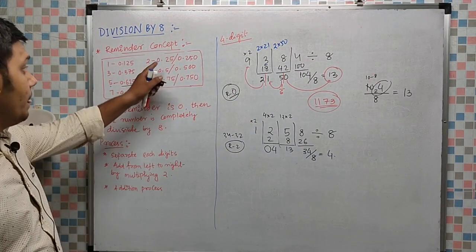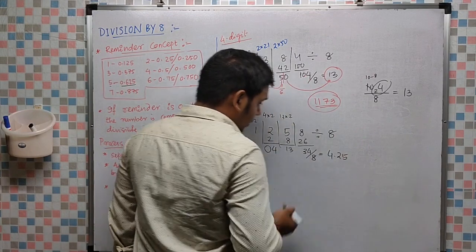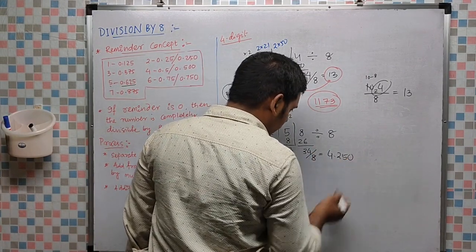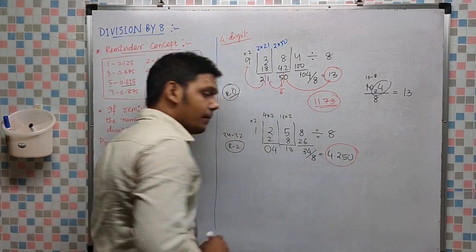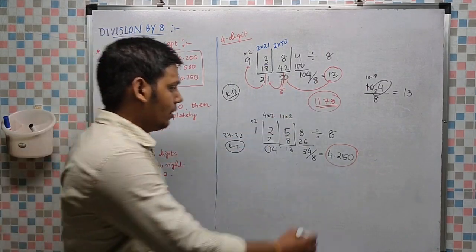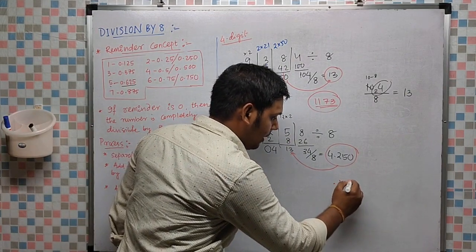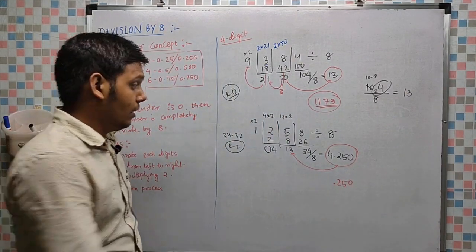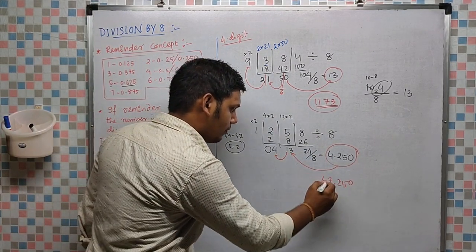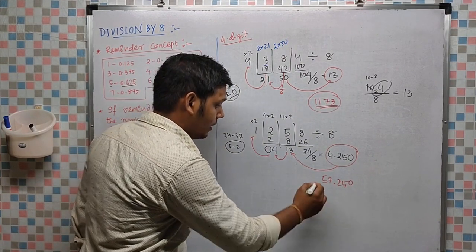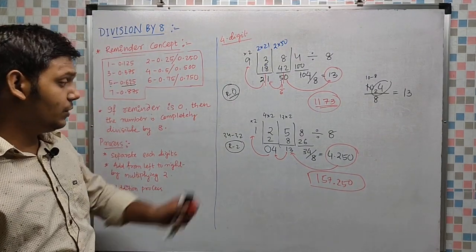If the remainder is 2, then I have to use 0.25 or 0.250. You can add 0 also, no problem. Now what do I have to do? Same process. 13 added with 0. That means this result will be added to the unit digit. First 0.250 you have to write. Then 4 plus 3, that is 7. Now 1 plus 4, that is 5. Now 0 plus 1, that is 1. Answer is 157.250. So in this way you can get it.